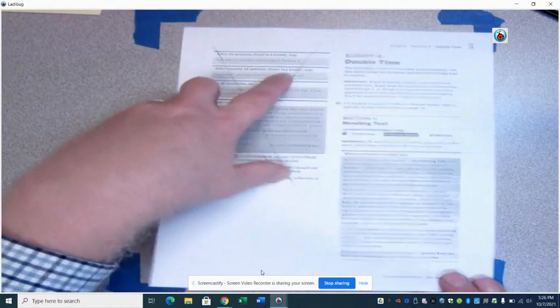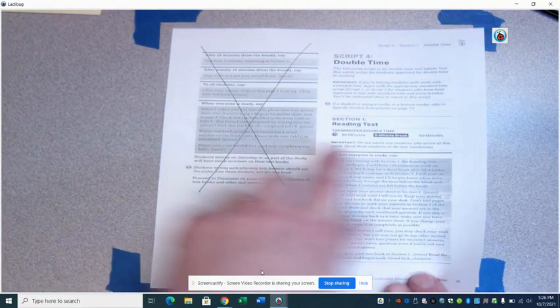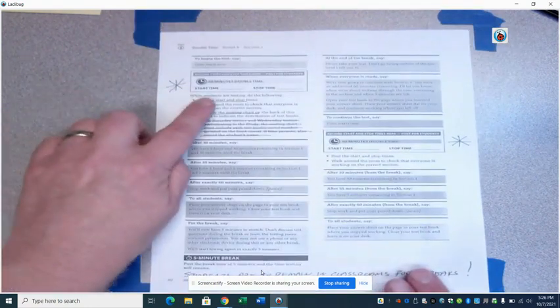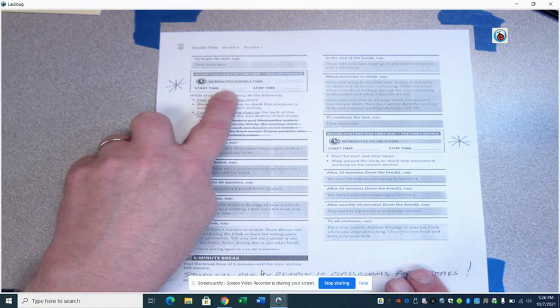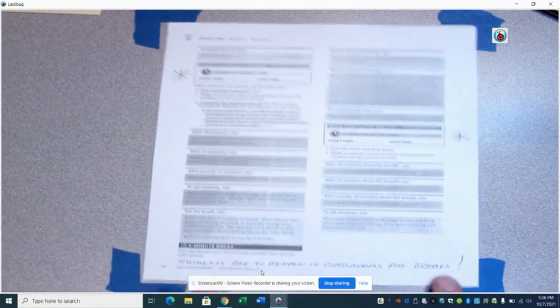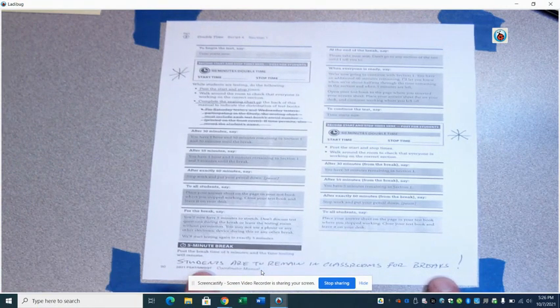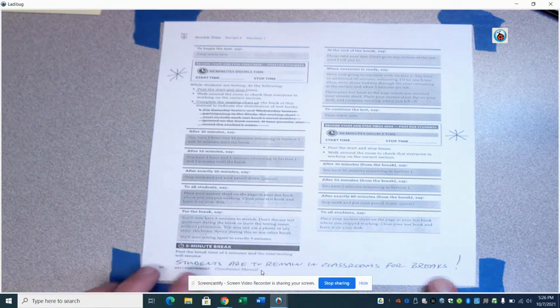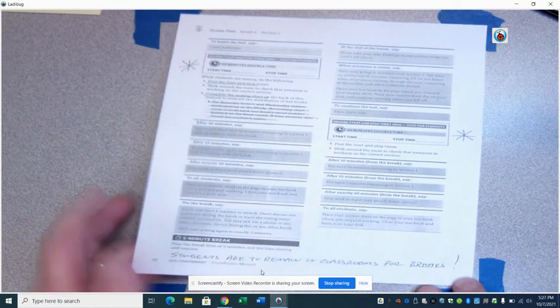So here's where we're going to start. Begin with the reading test. You can see here that it's broken up into 2 sections with a 5-minute break. As you proceed through, you're going to record the start and stop of the first and the second session. There's your break. When they do get a break, they're to stay in the room, unless they're using the restroom. You can let them go to the restroom one at a time, and make sure that the hallway proctors are aware and kind of keep an eye on things as well.